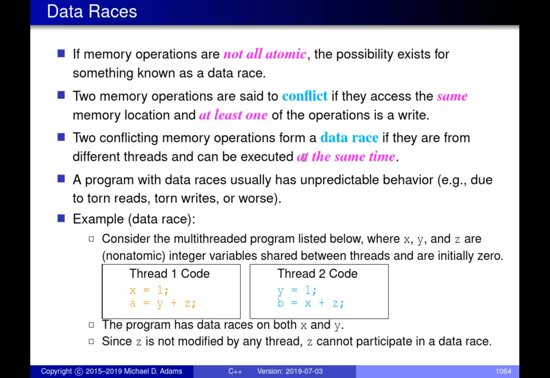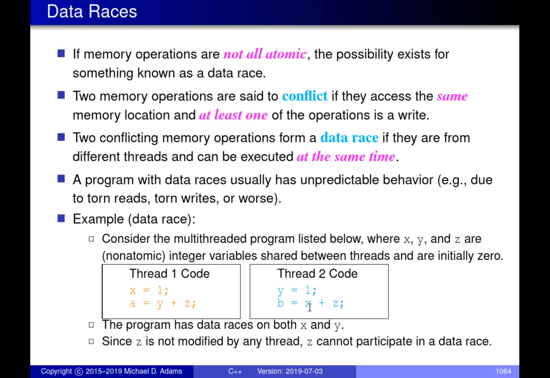This is maybe best illustrated in terms of a code example down below here. Here we have a multi-threaded program consisting of two threads. We have the variables x, y, and z. They're integer variables, and they're all initially 0 before the program starts up. If you look at what's happening in these two threads, we have data races on both the x and y variables. There's a data race on the x variable because here we have essentially a write to the variable x. So the chunk of memory that holds x is going to be written to here. In this thread over here, we're reading x. So this corresponds to a conflicting memory operation because here we're writing and here we're reading the same variable. So this is a conflict.